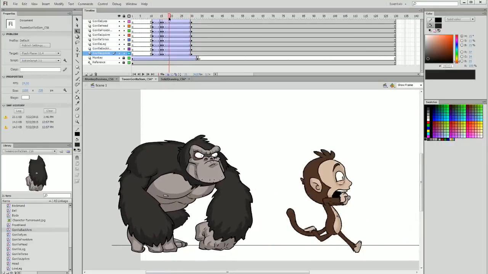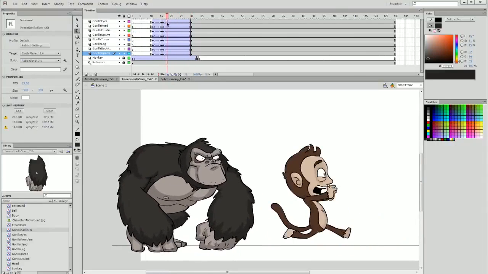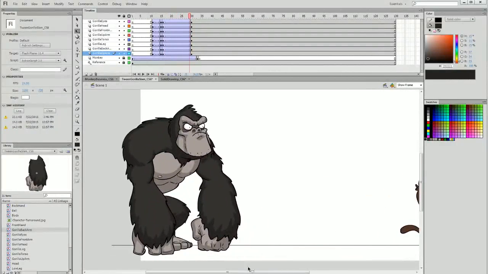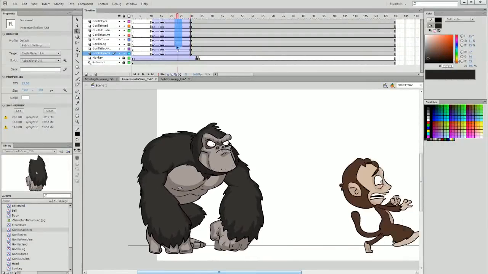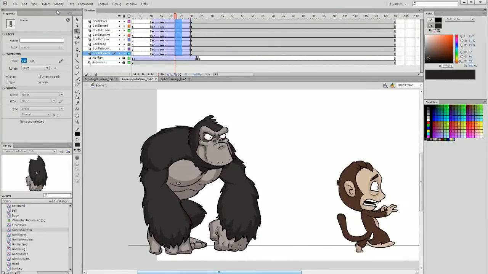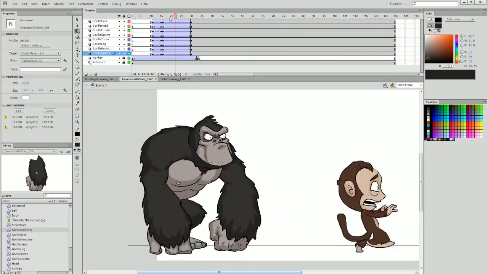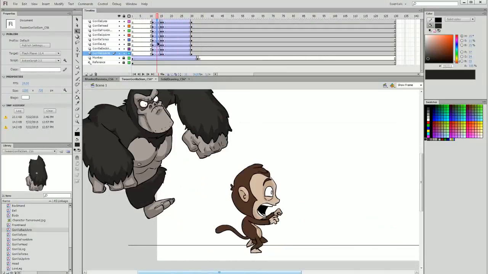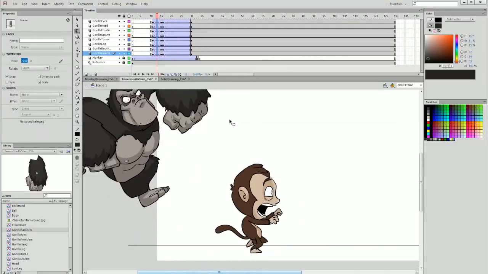When I move from frame 16 to frame 30, you can see that we're simply moving from point A to point B without any acceleration or deceleration. So when I select these frames and ease out to 100, we slow that down. We have a bit of an ease out. It starts off faster and then it releases at a slower pace, and we end up with a much more organic looking standing pose. And then we're going to do the opposite for the lead in with 100% ease in,